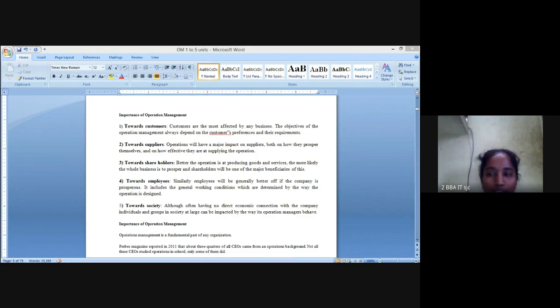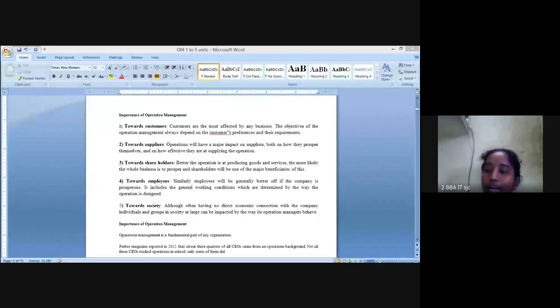If any chemical or any medicine is added more, it will affect the customers, right? Once the medicines affect the customers, then they lose their life. That is why